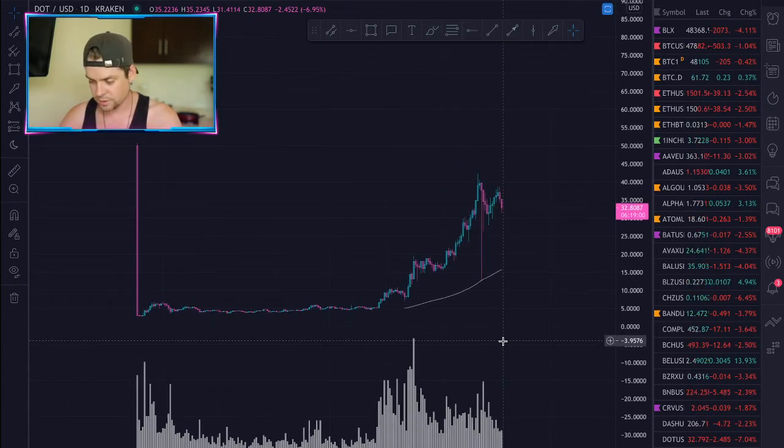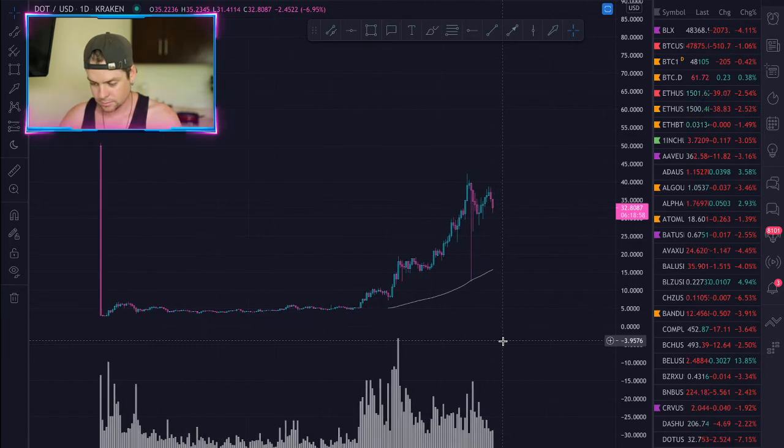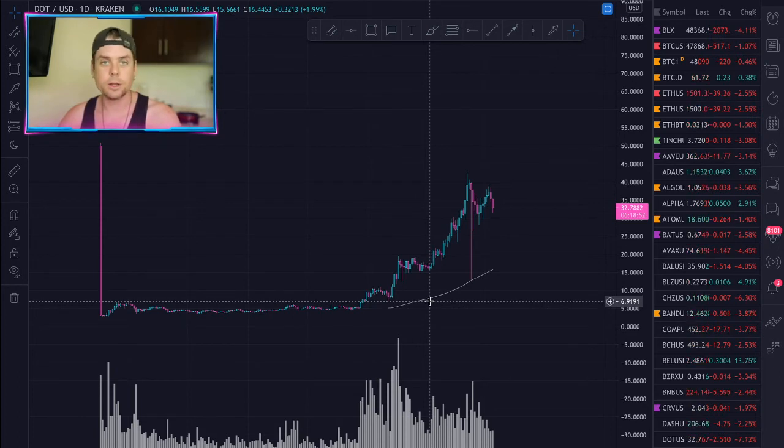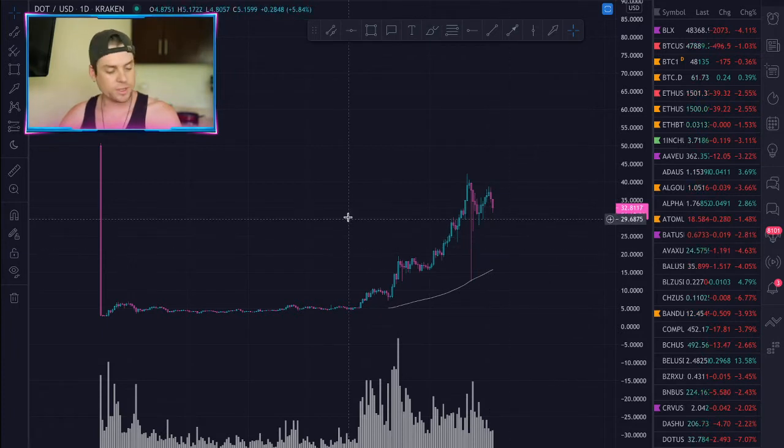PNF targets hit for DOT. The PNF count will give you a target, but oftentimes cryptos blow right past it. So then what's the point of the PNF target? It's to get you into a trade during accumulation and then structure your trading plan around how you're going to exit that position. A good example, like, okay, you said the PNF target was hit for DOT.